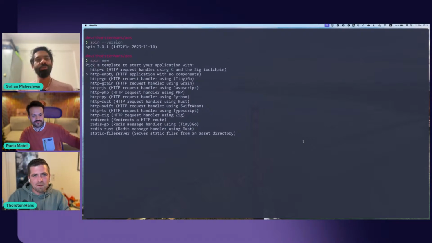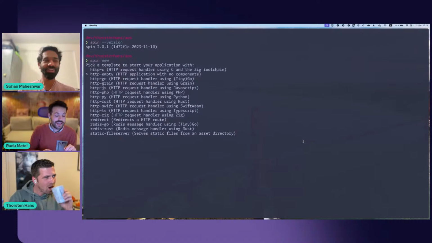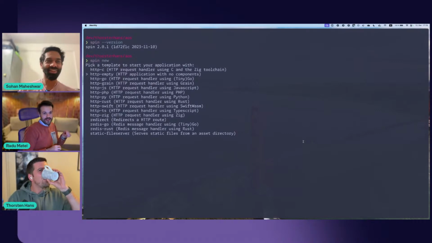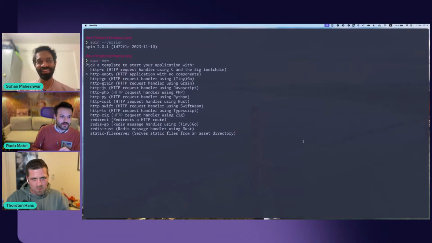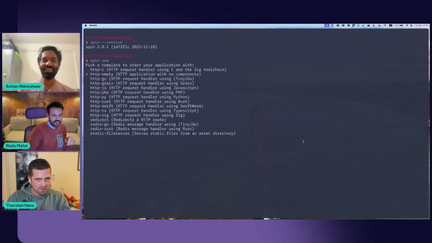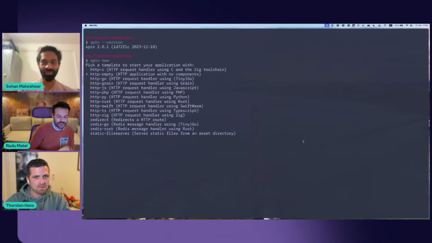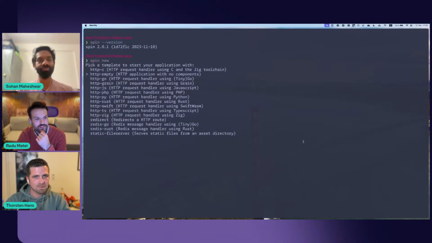Interesting. Radu, which one do you go with? I'm super curious. Yeah, same. I start with an empty app, and then I add various components along. If my app ever extends beyond a single component, then I would basically do the same and create a directory for the source code and rearrange all of that. So my default is start with empty and then add components as I go along.